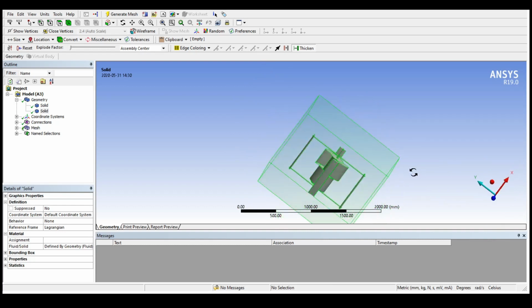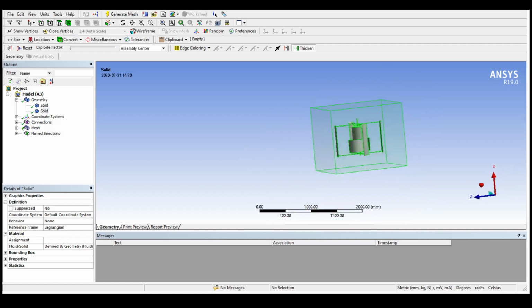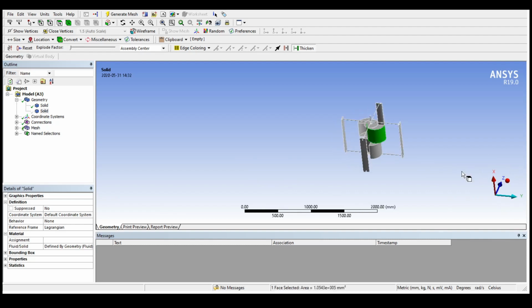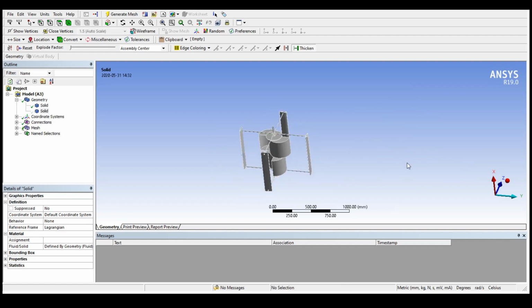And in the geometry, we are doing a different type of meshing. We need to select each of these faces, and the face meshing has to be given so that the meshing is accurate. Okay, right click on the meshing, then right click on insert, face meshing. Then we need to select which faces we are doing the face meshing on, and I will be using the face selection option over here, and I am selecting different faces, and it is a bit difficult task.